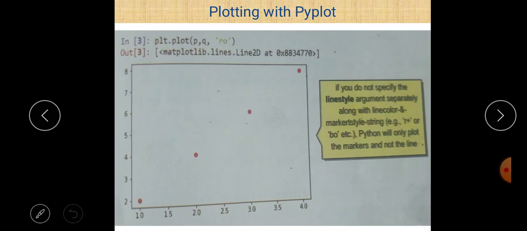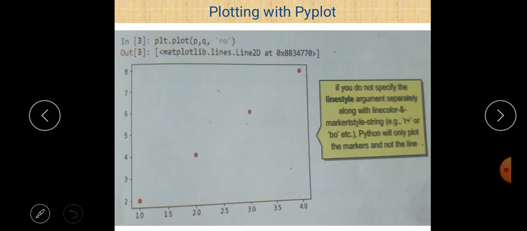What we do in this case is just write plt.plot(p, q, 'ro'). Okay, so there are only three parameters. P and Q are basically the two different lists here, so a line is drawn between the two lists P and Q, and then 'ro'. R basically represents the red color, and o is a symbol.